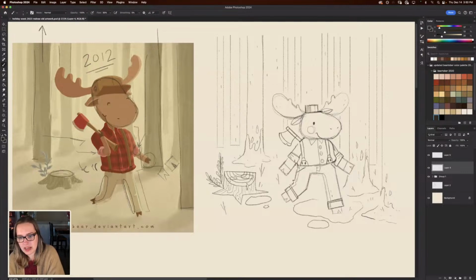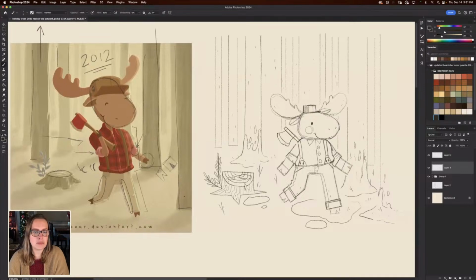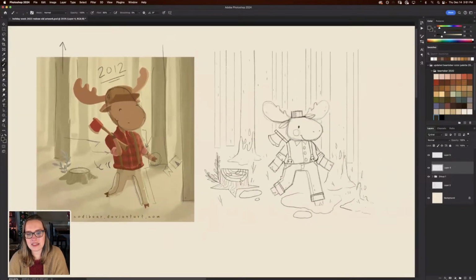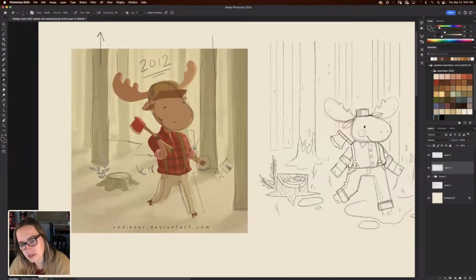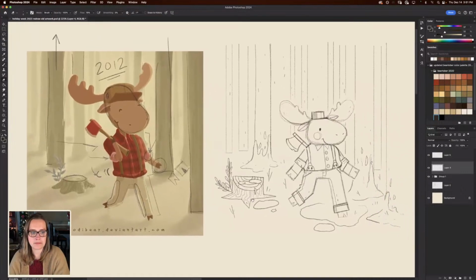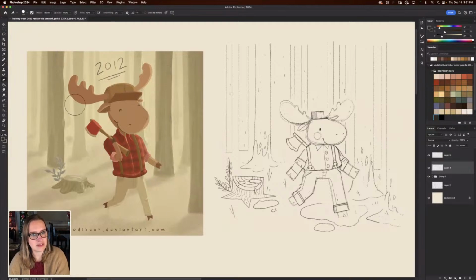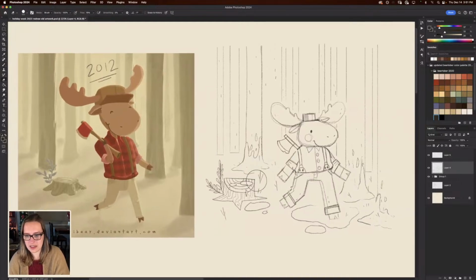Okay, then we're just adding these last little details. If we had time, I would go into coloring, but of course we do not. But I think this is a really cool side by side to see the difference. Here, let me delete all of my little note lines so we can actually see the older piece. Here we go. Yeah, I think that's pretty cool.